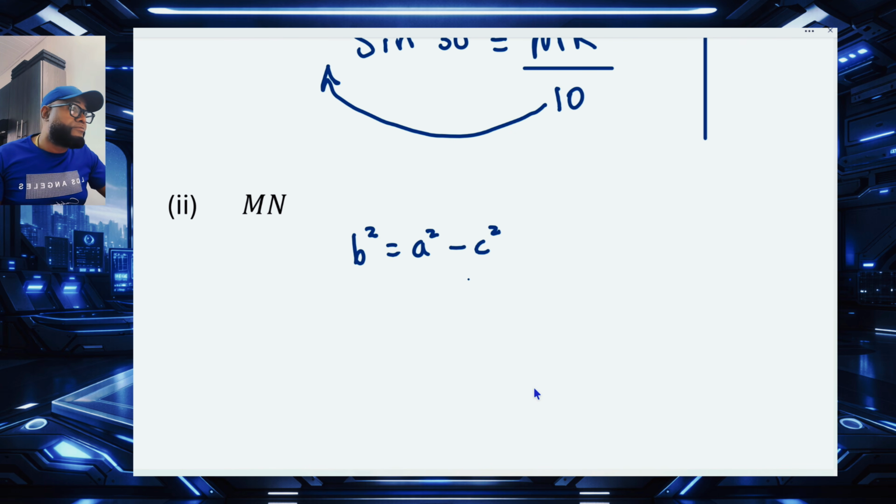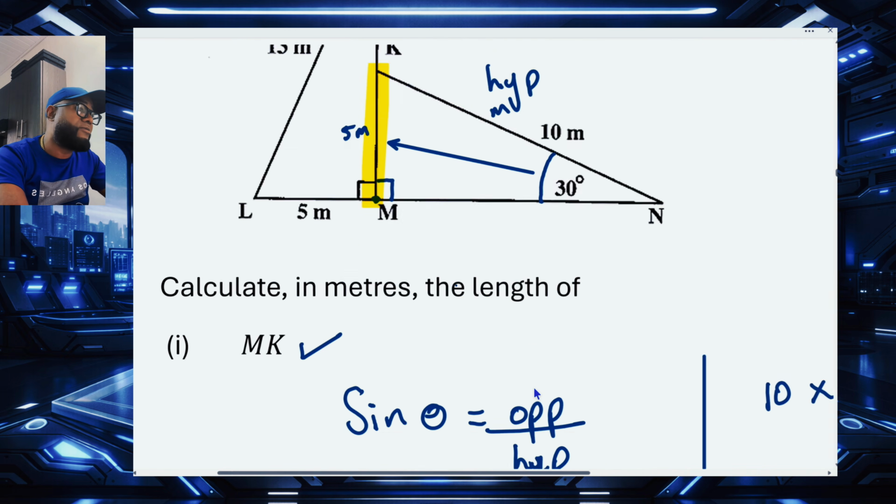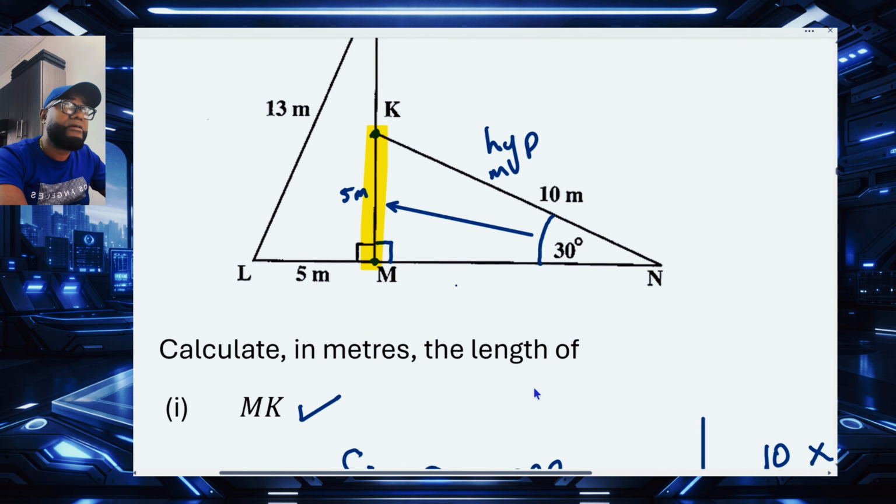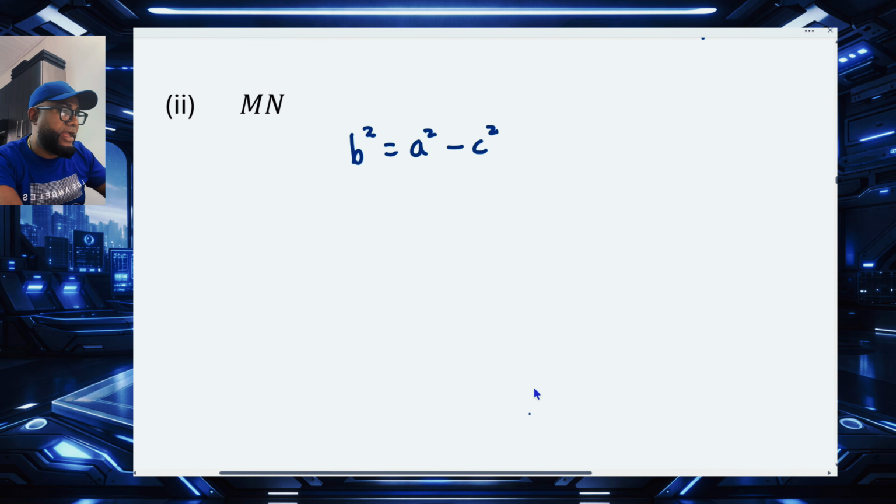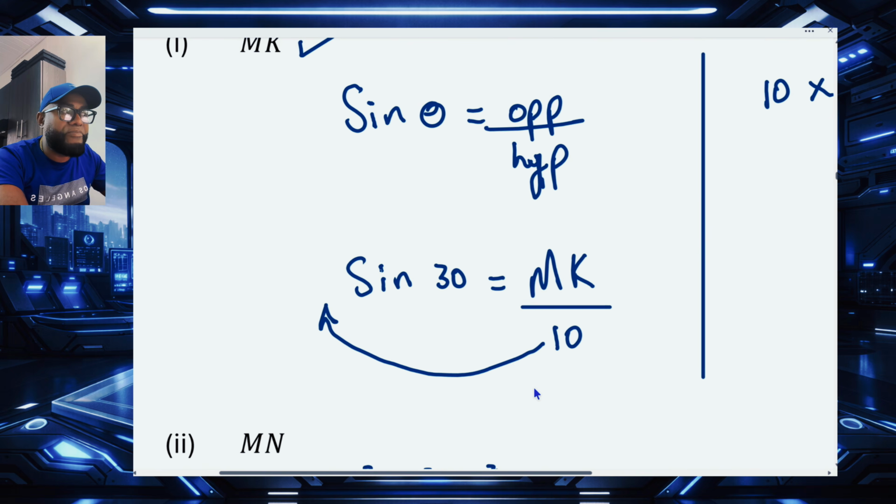Right? Cool? So in this case, what is the side we want to find here? What is the side we want to find in this case? MN. We could call it capital M, capital N, right? That is this side here. You see it here, Micah? M to N is here. Right, bro? MN. So, I'm going to put MN squared is equal to, what is A? A represents my